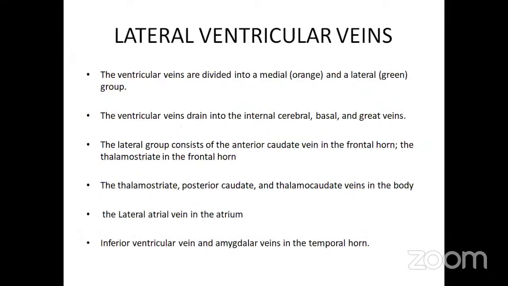So, discussing the lateral ventricular veins, the ventricular veins are divided into medial and lateral groups. The ventricular veins drain into the internal cerebral, basal, or great veins, as I have previously said. The lateral group consists of the anterior caudate and thalamostriate veins in the frontal horn; the thalamostriate, posterior caudate, and thalamocaudate veins in the body; the lateral atrial vein in the atrium; and the inferior ventricular vein and amygdala veins in the